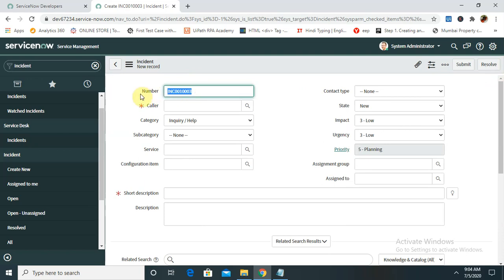Here the incident number will be automatically picked, and by default it's in order. If the previous person created an incident, it was like INC 001 and 2, the incident number created earlier. You want to create, and for the caller, we have to provide the detail. So the caller is just like me,